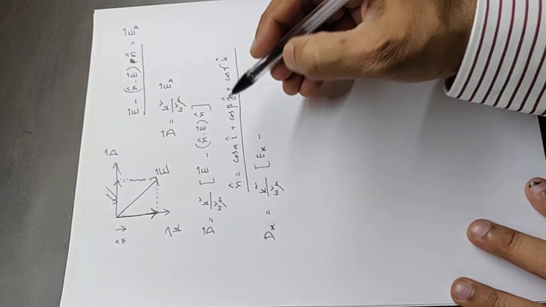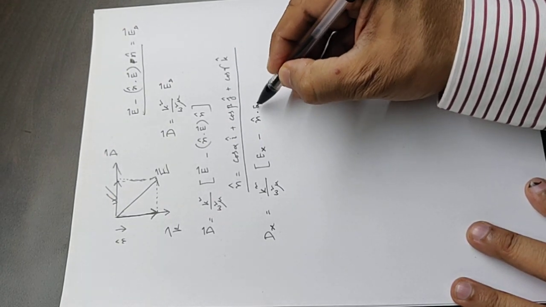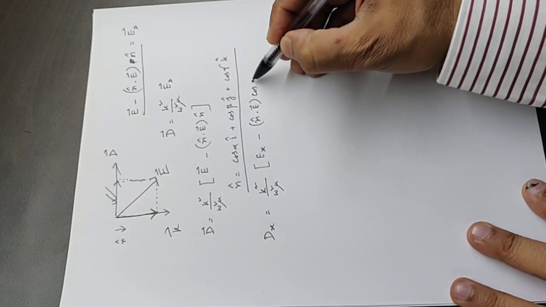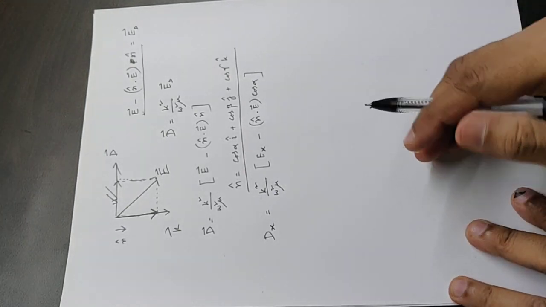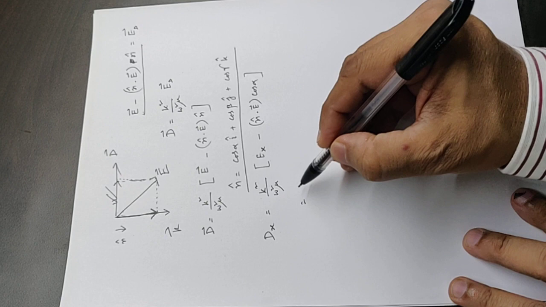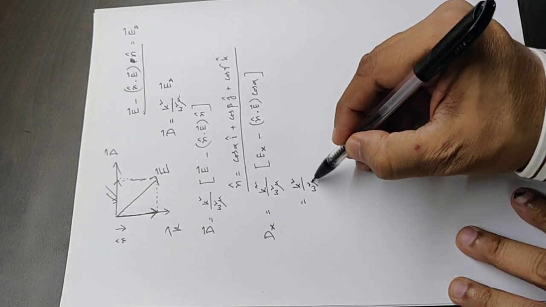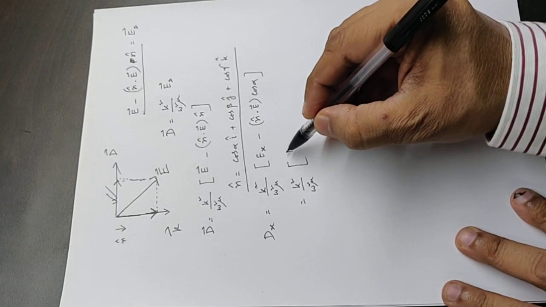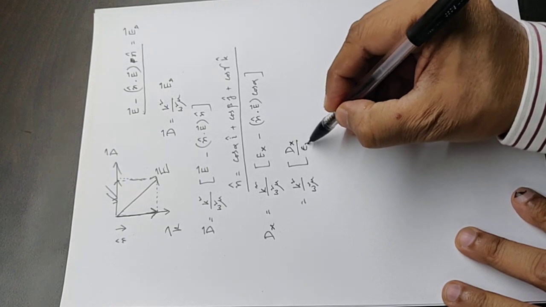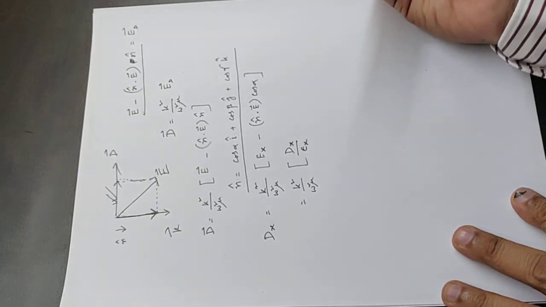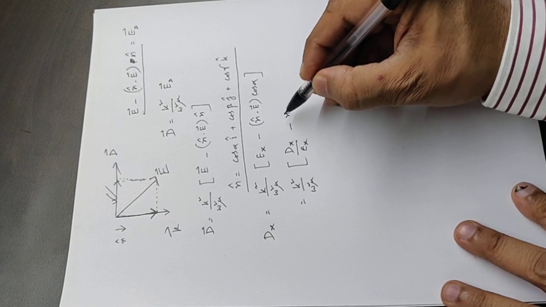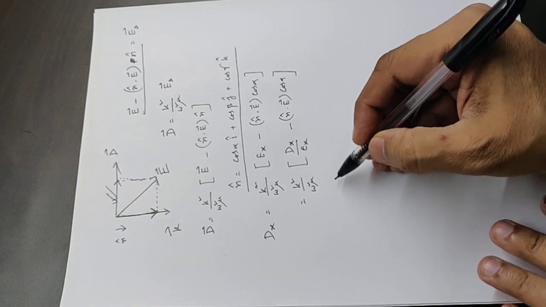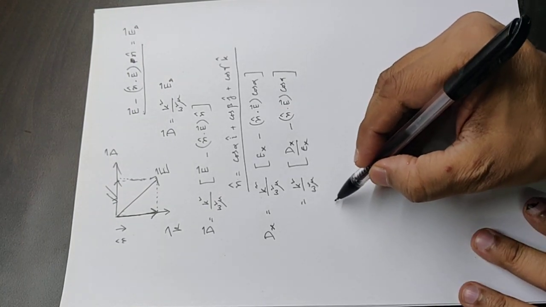N dot E would remain like that, and the x component of n is cos alpha. Now Ex, because we have already known that it can be written as dx by epsilon x, because dx is epsilon x into Ex, minus n dot E cos alpha, which is equal to